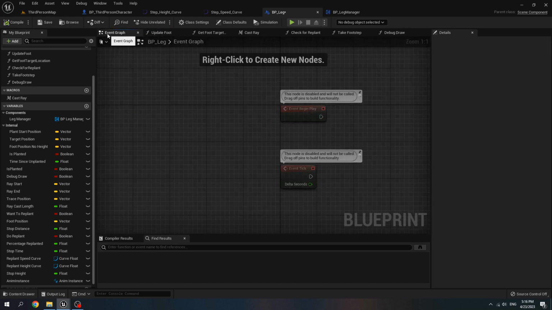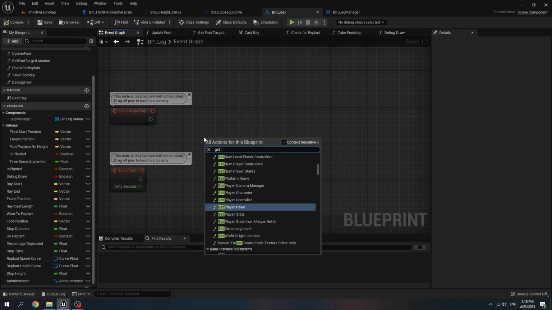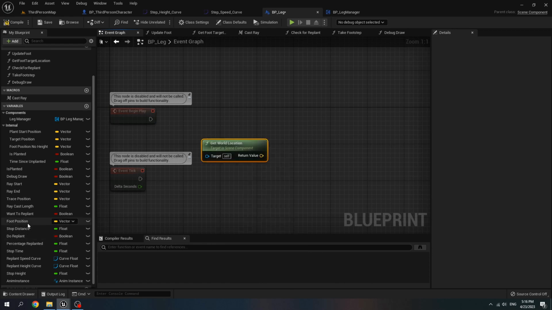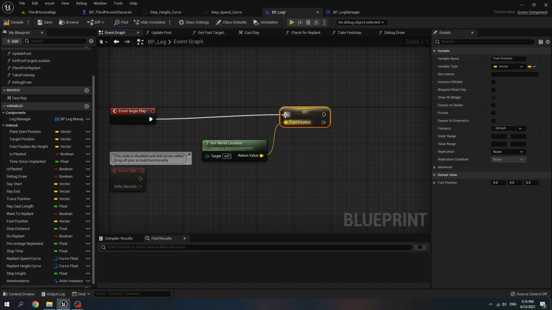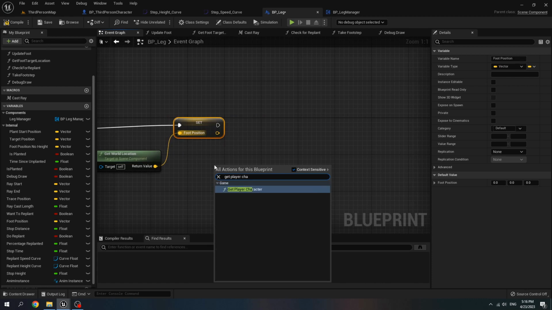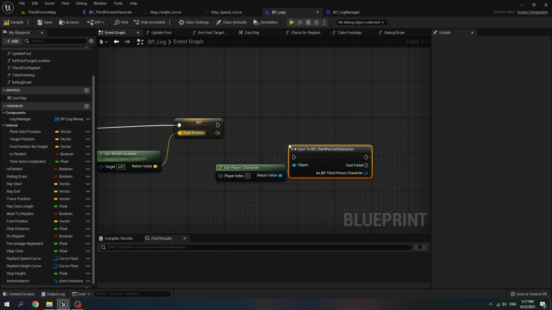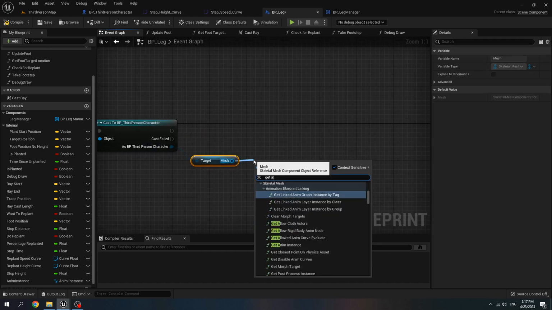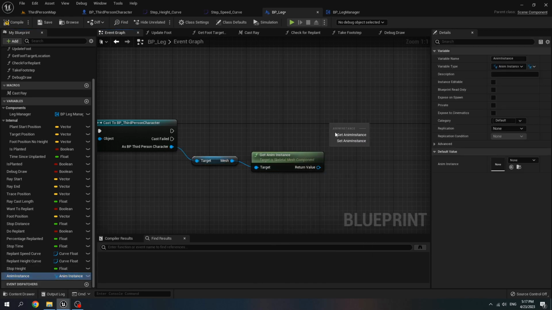Go to event graph, at the begin play, get world location, then set foot position, connect it to begin play, get player character, cast to third person character, get mesh, get anim instance, set it to anim instance.